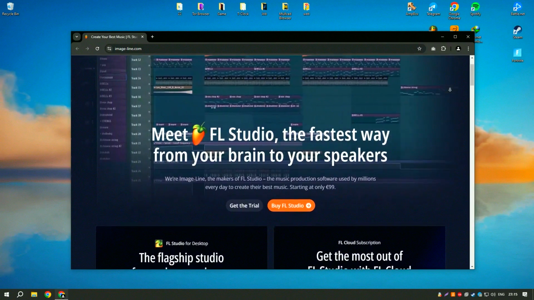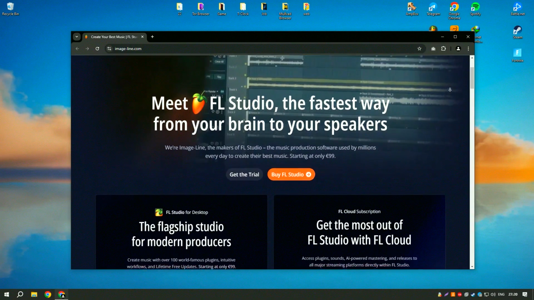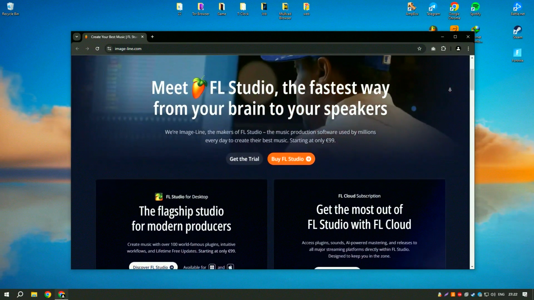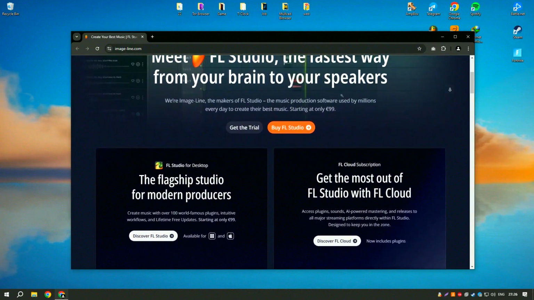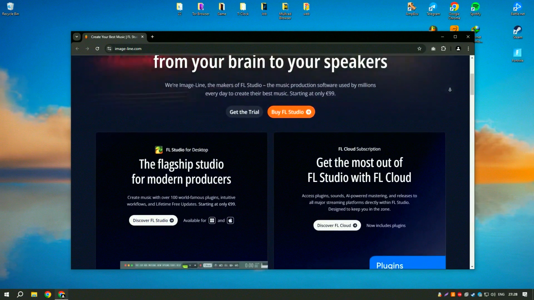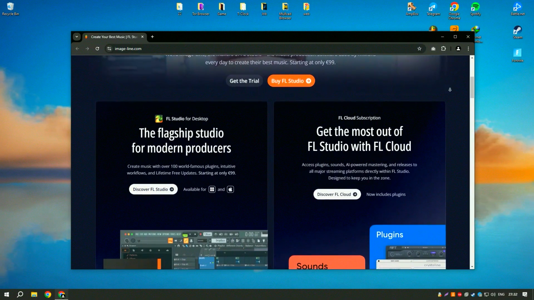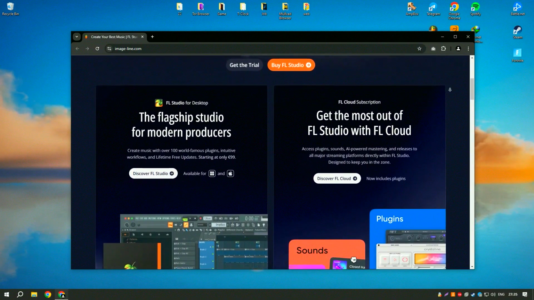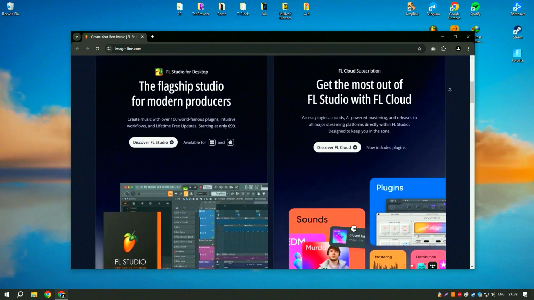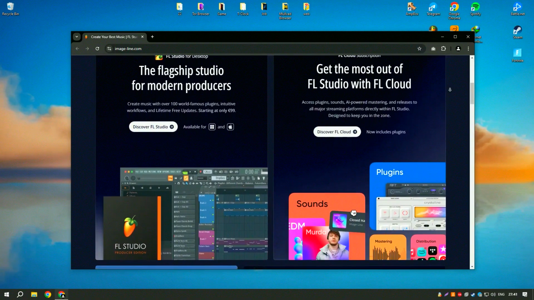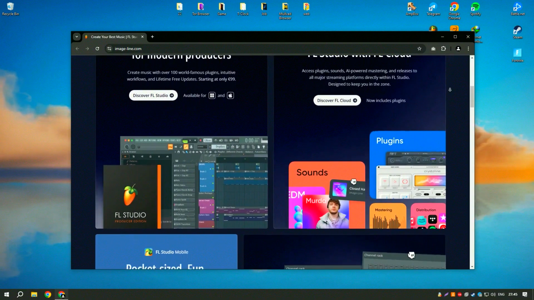FL Studio, formerly known as Fruity Loops, is a comprehensive digital audio workstation, DAW, known for its powerful music production capabilities. It is favored by both amateur and professional musicians for creating, mixing, recording, and arranging music across various genres. Developed by ImageLine, FL Studio is particularly popular in the electronic music community due to its user-friendly interface and extensive